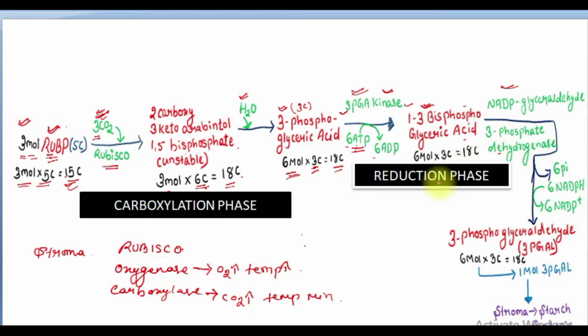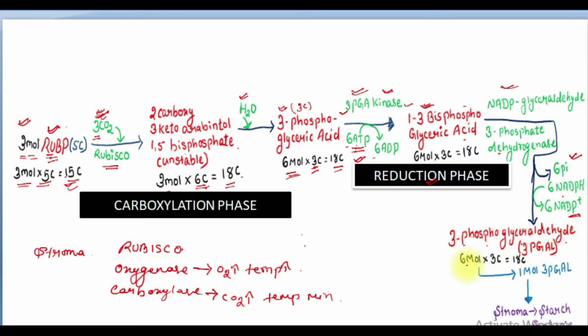As we have told that it is a reduction phase, that means something is going to be reduced. 6-phosphate is being utilized over here, so 6-phosphate will be reduced in this phase. Okay, and 6 NADPH will be converted into 6 NADP plus. Okay, and we will get